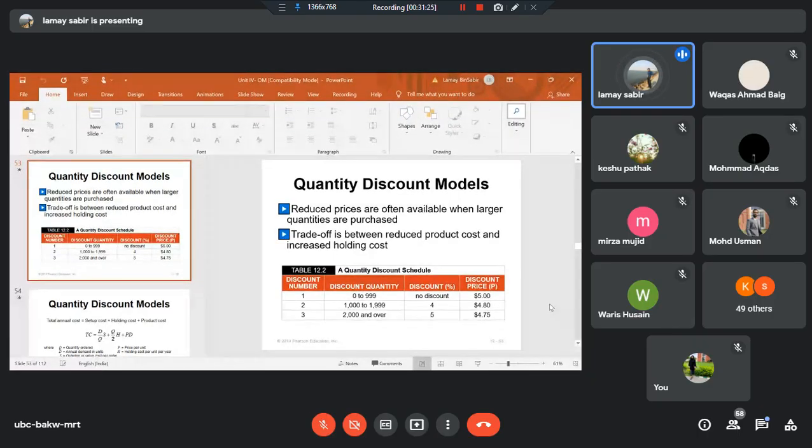Now, if this is the situation, we have to go for the calculation. Primarily, we have two types of calculation in this case or in any type of model. Number one is total cost of inventory, which has two components, ordering cost and holding cost, plus price value, if it is available. And the second important calculation is the calculation of economic order quantity, which is EOQ. These are the two important calculations that we have to do in any inventory model: first, calculating total cost, and second, calculating economic order quantity.